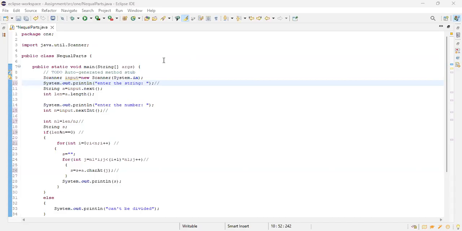Hello all. Today we are going to discuss dividing strings into n equal parts. The strings can have multiple characters in them, and n can be any number. The string is going to be divided into that number of parts. For example, if I give n equal to 2, then that particular string will be divided